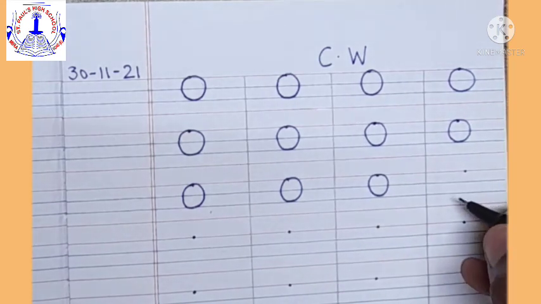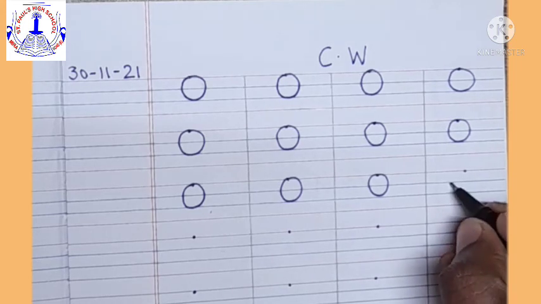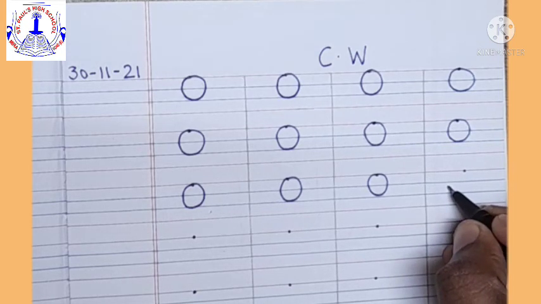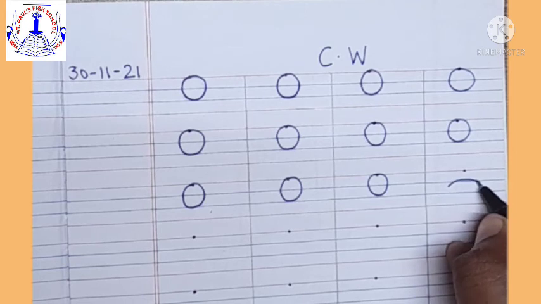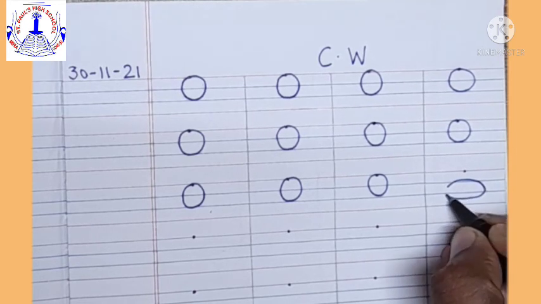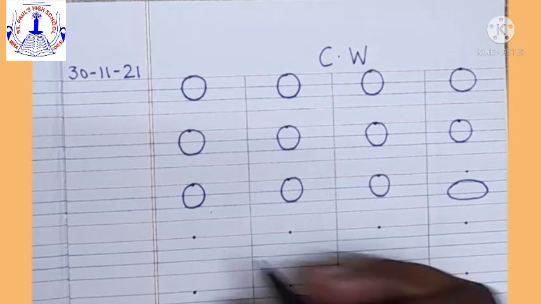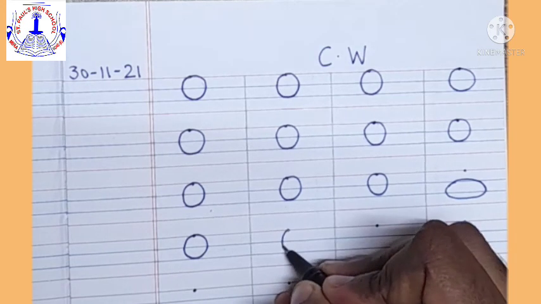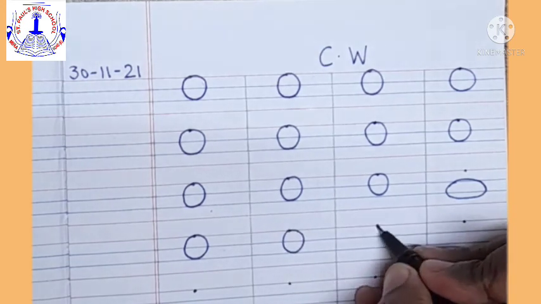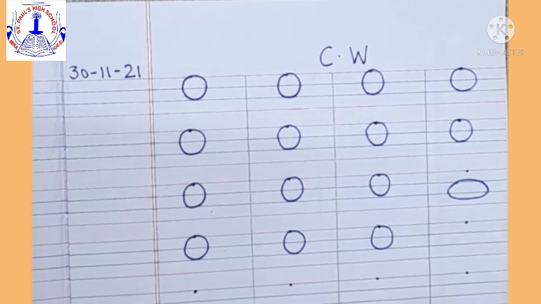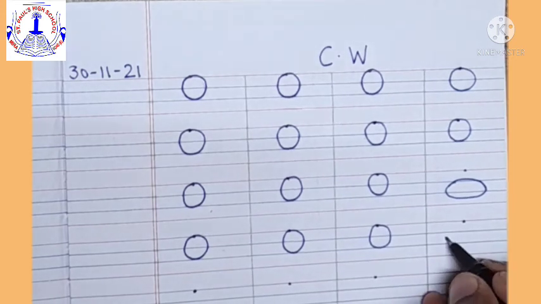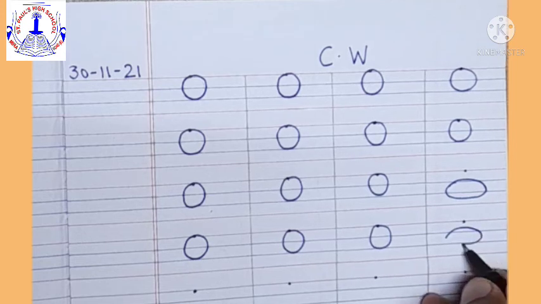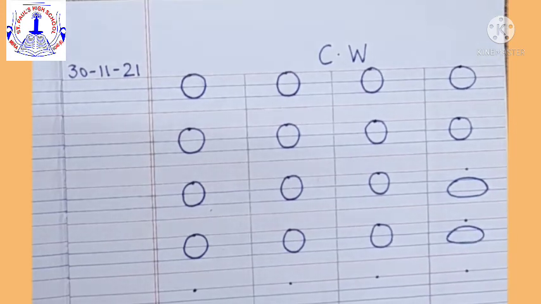Now today we are going to learn the next object for O. O says oval. So we are going to learn oval shape. So how we are going to do? Keep your pencil between these two blue lines and just make an oval shape like this. Okay, you have to just make an oval shape. So this is your O. Very nicely and slowly you have to do it. Again keep your pencil over here between these blue lines and make an oval shape, like this.